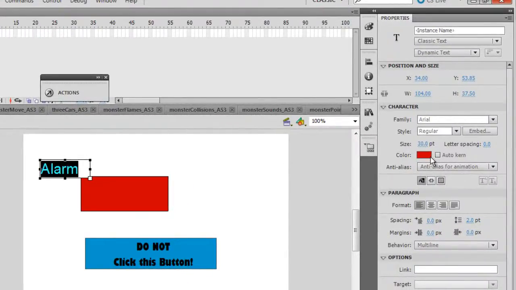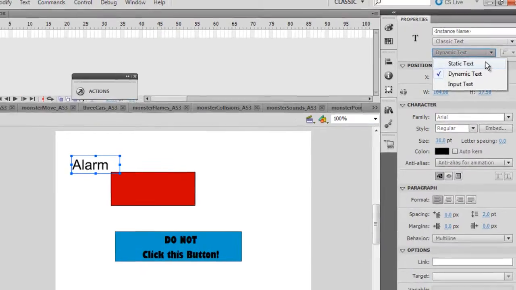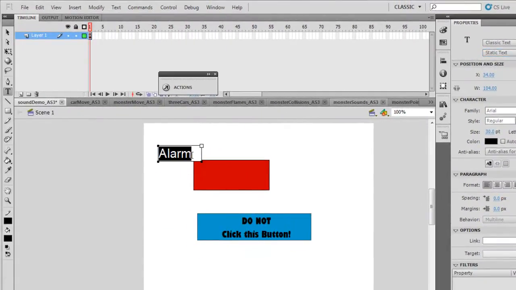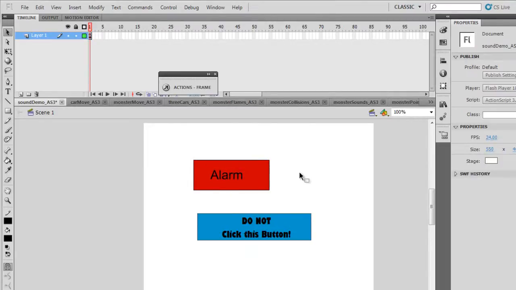Alarm. Obviously, you want a different color then. And make sure that this is static text. And we just place that right there. And now we have a labeled button. This one says do not click this button. So let's